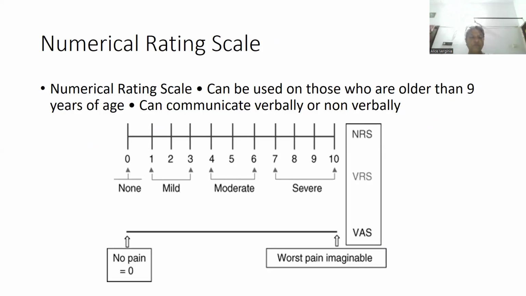Now you can see this one, 0 to 10. No pain, and the last one will be 10, the worst pain imaginable. Ask the patient, see, 0 is no pain, 1 to 3 is mild, 4 to 6 is moderate, 7 to 10 is severe pain. So you can just ask the patient, where is your pain? Otherwise, if you don't have a scale, you can ask verbally to the patient, how is your pain? Is it very severe that you cannot tolerate? Is it just little pain coming and going,